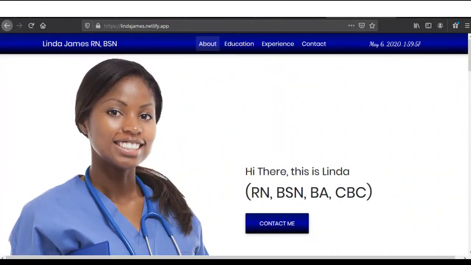Okay, so let me briefly show you how you can get a free template, how you can edit it, and how you can deploy. So this one is for Linda James. All right, so let's go to